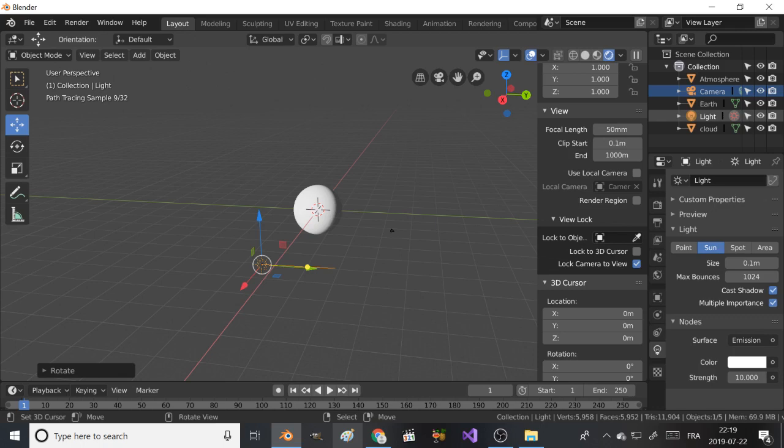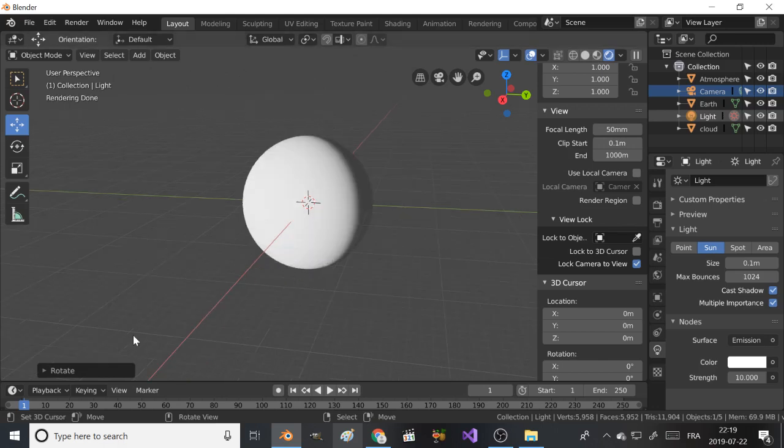So right now we have our shadow. This is the kind of shadow we want. Now it's time to apply our texture. We have 5 textures to apply, so we will start. But before that,